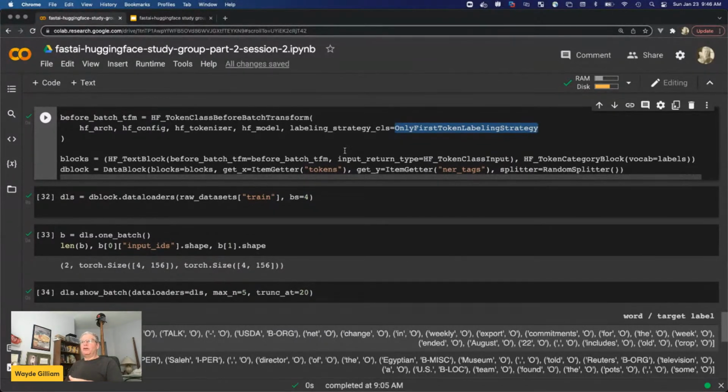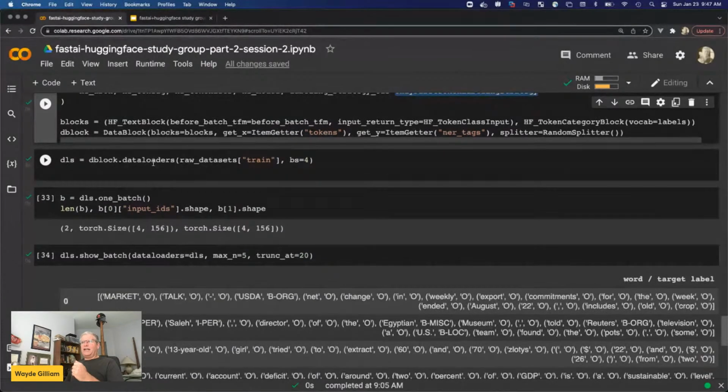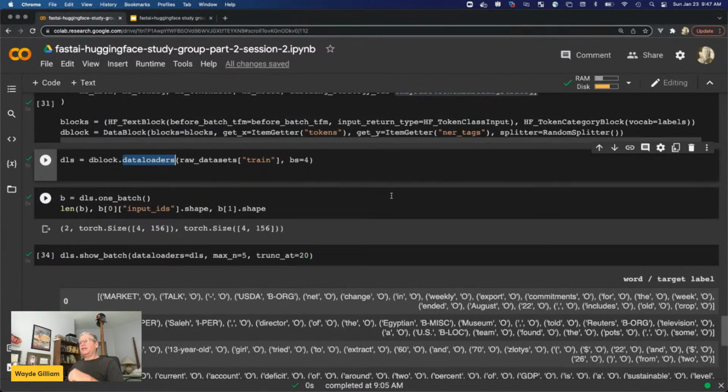But with Blurr, just as with version 1, we can do this tokenization process on the fly. And so that's what we're going to do here. We are using item getter to get our tokens and our NER tags, and we're just using a random splitter. And again, the ultimate goal is to get our data loaders, which when we pass our training data set,